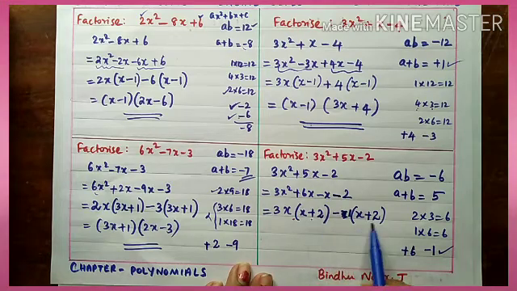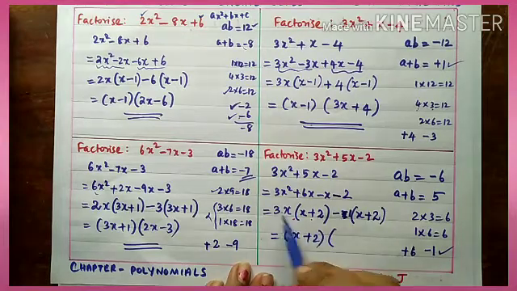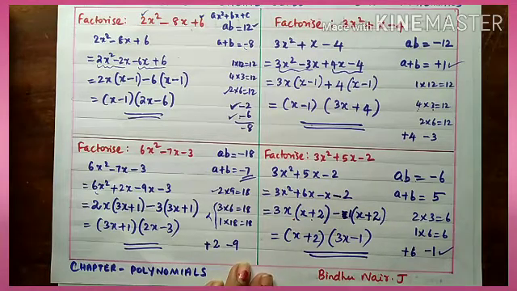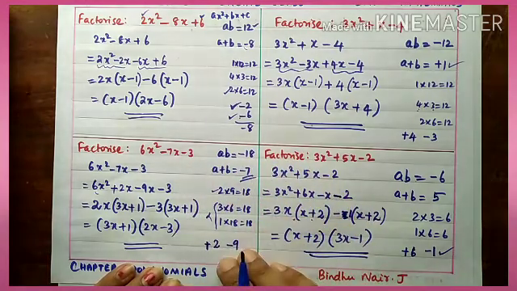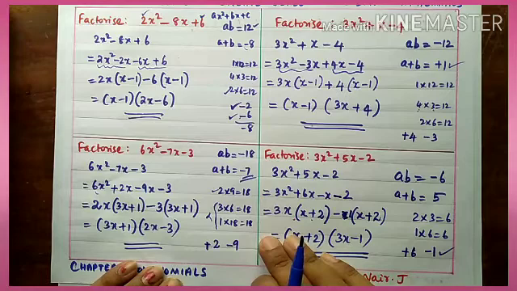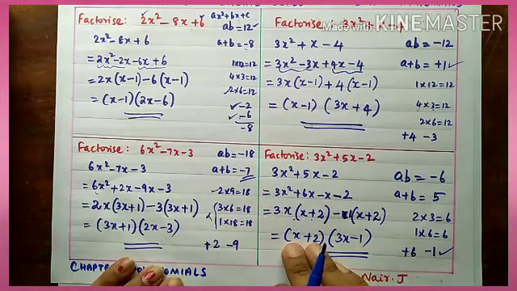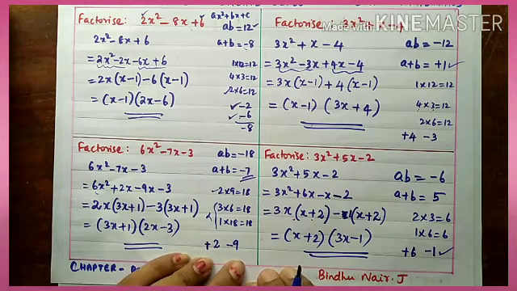Okay, now you see x plus 2 became common, so x plus 2 you can take outside, and the balance is 3x minus 1. So these are the required factors of the given polynomial. Hope all of you understood how to factorize using the middle term, and you want to do all these questions properly. You want to practice this very well, complete all the notes properly, and you will be given some homework questions regarding this factorization problem using splitting the middle term. So all of you complete, and any doubt you are having, you can clarify with your maths teachers.